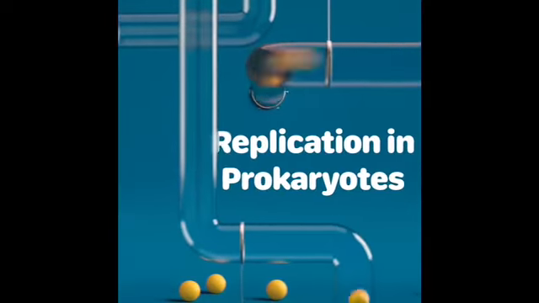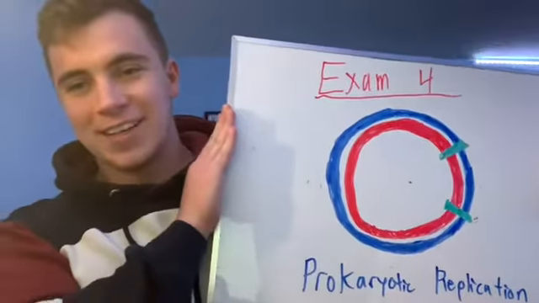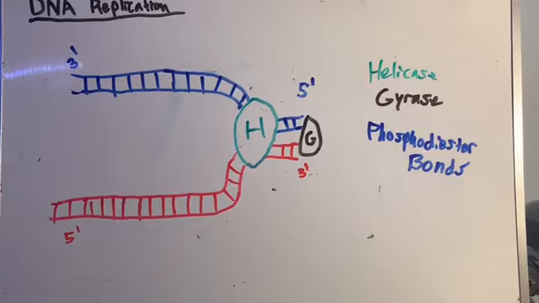This is my exam mini video 4, and we're going to be talking about prokaryotic DNA replication. Got that circular DNA there. All right, so the game plan is we're going to draw out the process of DNA replication in prokaryotes, and as I get to each step of the process, I'm going to be introducing new terms and bringing in new items to the drawing, and I will describe each part, what it means, what it's doing in the process, and its significance. As stated before, the diagram is going to fill up with more as the process goes on,